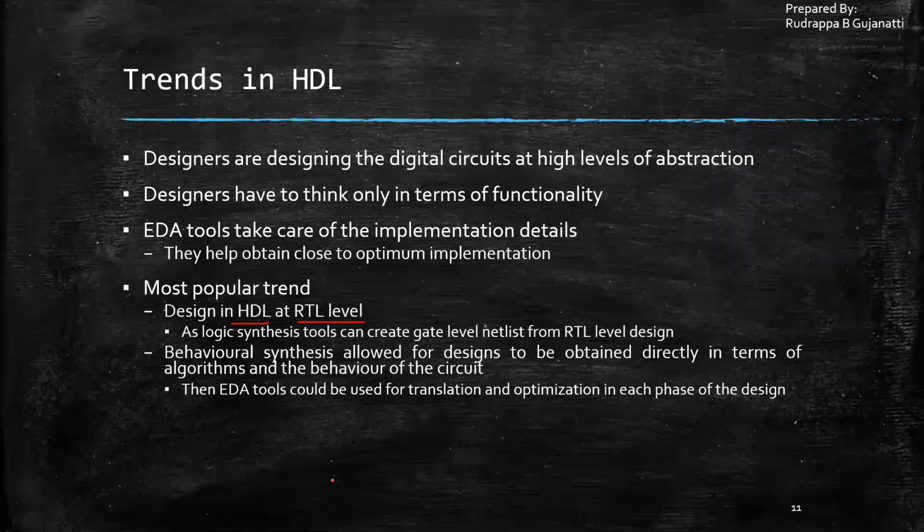Optimization, this term will be coming in again. It is, say, optimization in terms of power consumption, I want to reduce it. In terms of space consumption, I want to reduce it. In terms of timing constraints, I want a faster response. So I have to check what can be optimized. Translation, say from behavioral you are going to RTL. From RTL, you're giving it to logic synthesis and obtaining the gate level netlist. So you're moving from one point to the other. In these cases, translation tools might be required. So the availability of these tools also helps out for HDL.